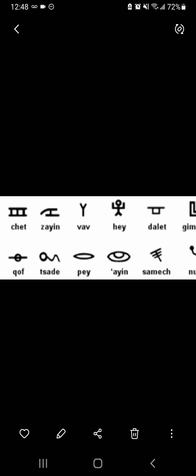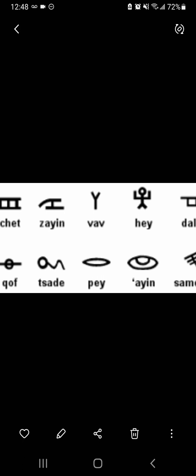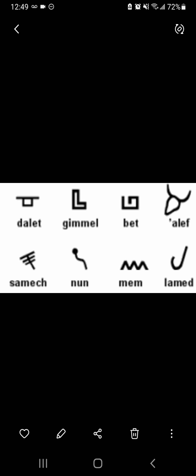Let's look at the paleo script or the pictograph. The pictograph is the picture writing. Praise the Father. That's what pictograph means. The Dalet. So it's interesting, right? All the characters are significant, but the ones that come first are more significant because they're not in order like this for nothing. We know that the Most High is a God or a power of pure order. So the Dalet is literally the door for the bait. The Dalet is the door for the tent, and the bait, as we went through it, is the tent floor plan.